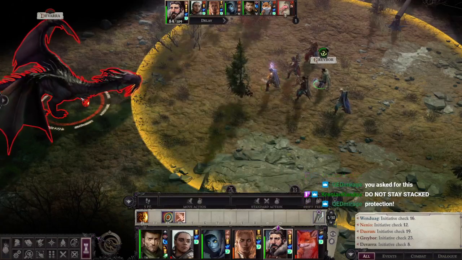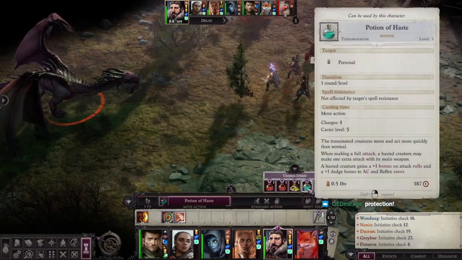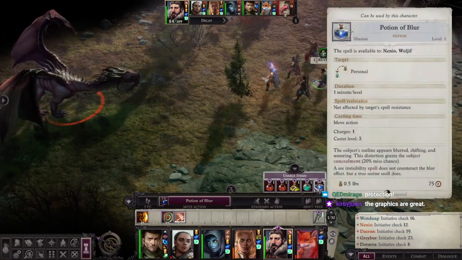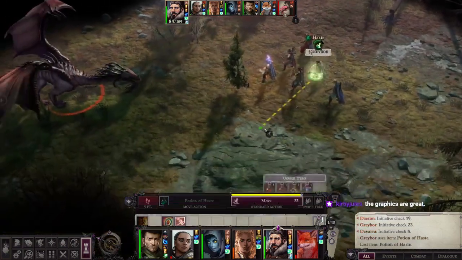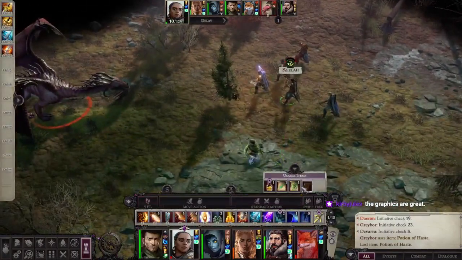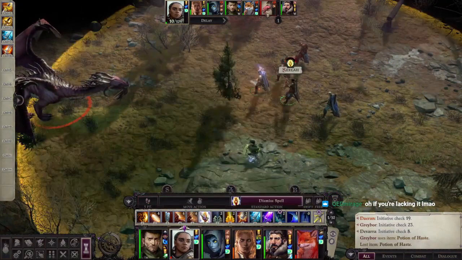Alright. Greybor, can you reach it? No, you can't. Let's see. That probably won't help against fire. Screw it. Down the potion of haste. Get the fuck out of the way, my dude. Okay. Seela, I know you're on death's... Yeah, we did not have a chance to...